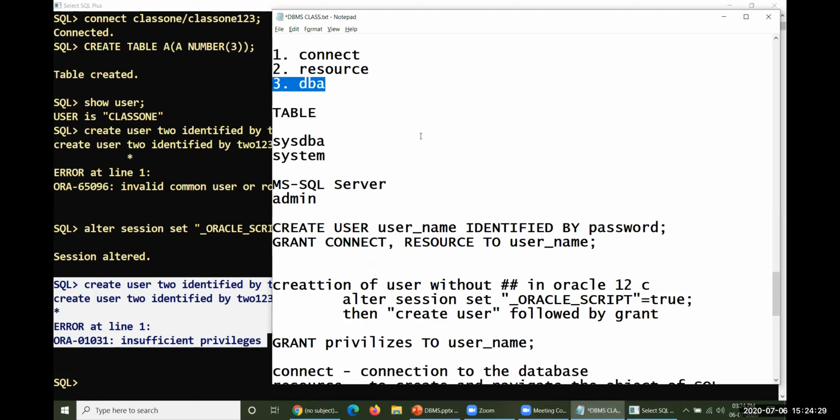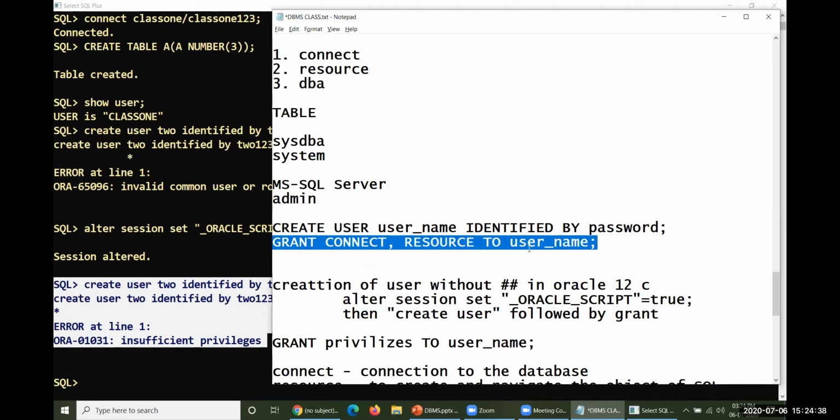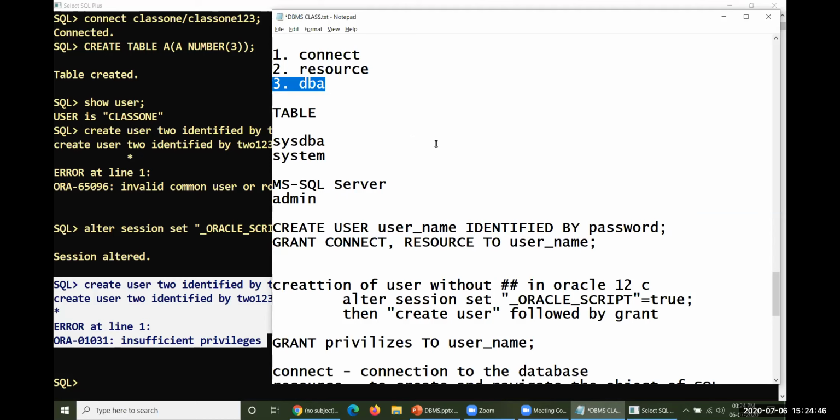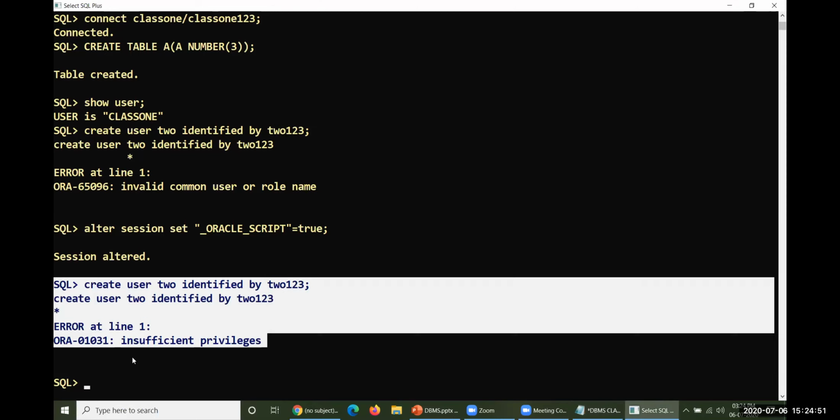Because of not having this privilege, you could not create here. We have created class 1 and we have given connect and resource to class 1 here. Therefore, it is unable to have this particular privilege, so you could not create one more user from class 1. Okay, that is what you need to remember here.